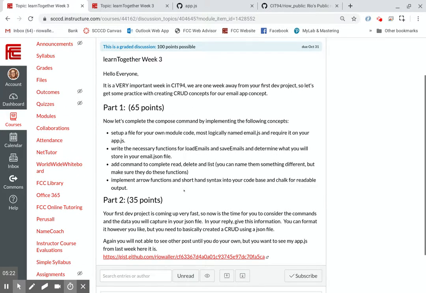So the second part, and this is really important, right? So our dev project, first one, is coming up really fast. And I want you to now, in your reply, do two really important things. One is to talk about the data you're going to capture in your JSON file. And I'm actually going to show you my JSON file and decisions I made about it. And then in your reply, also, list out your commands, right? And actually, creating a CRUD, but your commands that you're going to use